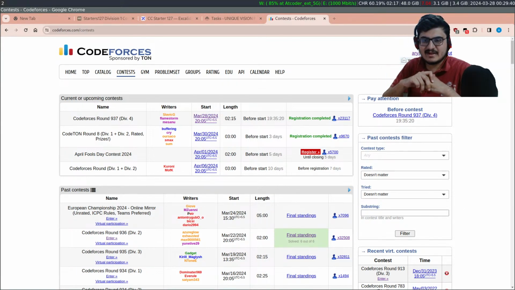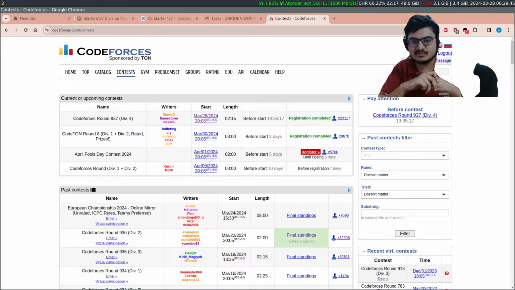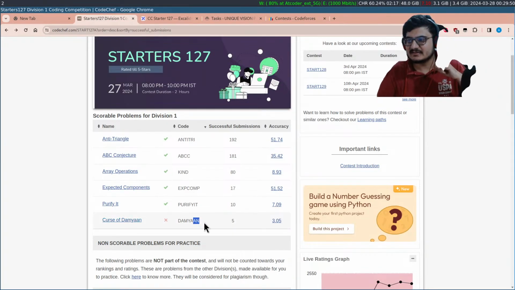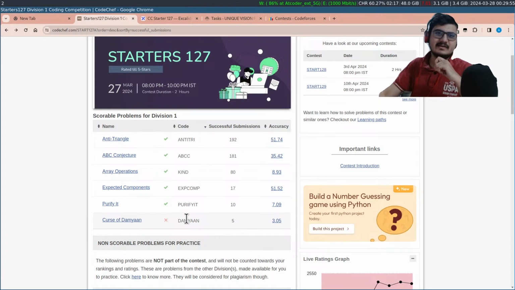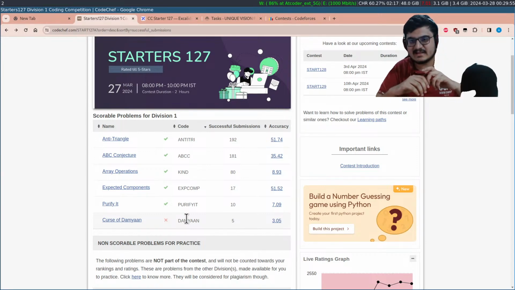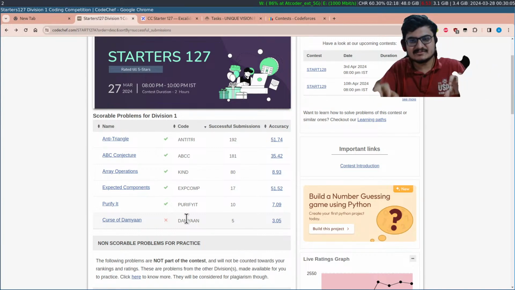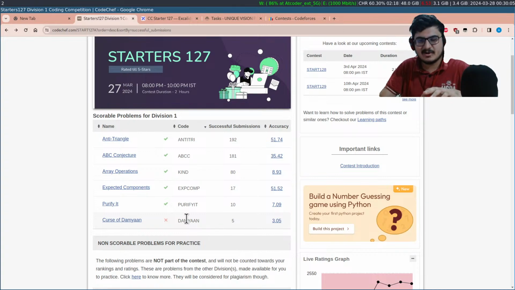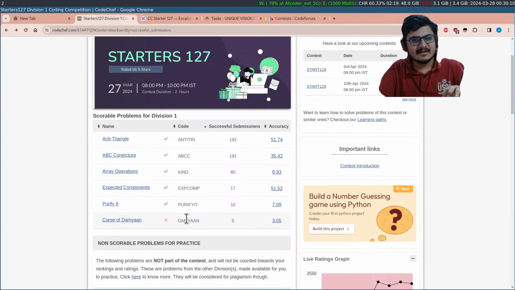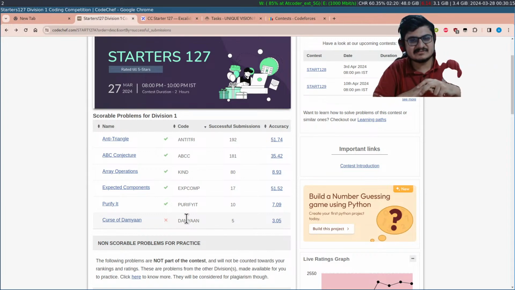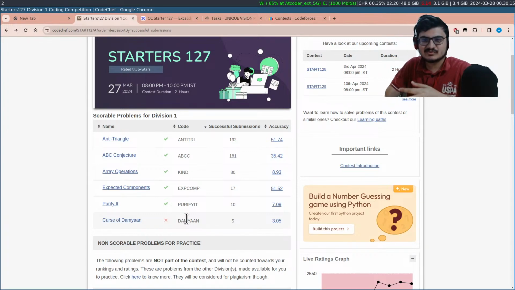Okay, one final question. At your level, do the CodeChef fifth and sixth problems of Div2 seem trivial to you? It depends. What I have seen is that even in contests rated for 5 star, the last problem is something which strikes me after thinking for 10-15 minutes most of the time. I'm talking about Div2. If it's Div1 and rated for all, then the last three problems are most of the time out of my reach. And if it's rated till 6 star, sometimes one or two are out of my reach. But if it's rated until 5 star, most of the time it's just the last problem or something like that.